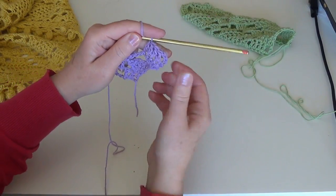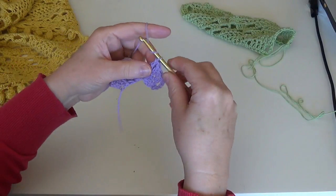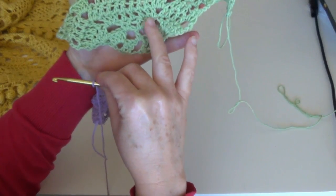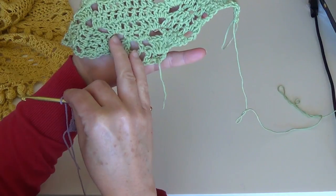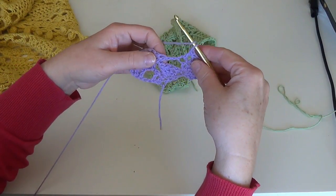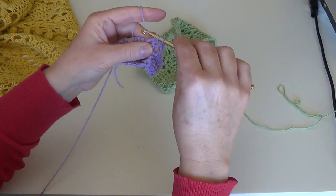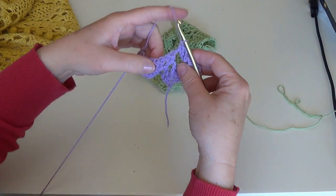So we worked 5 double crochets. Now chain 2, and we will work this 2 double crochet in first space, 1 in each one of previous 4 and 2 in the next space, so we have in total 8. We have chained 2 and then in this big space work 2 double crochets, 1 and 1 more, so we have 2. We work 1 in each stitch of next 4,